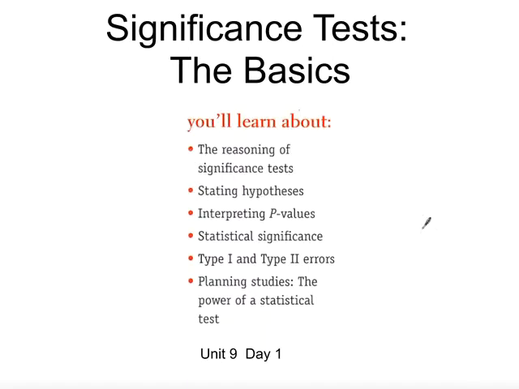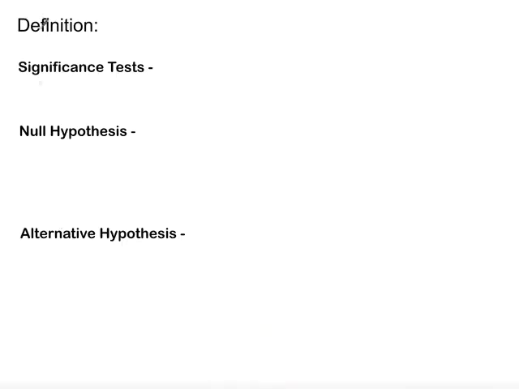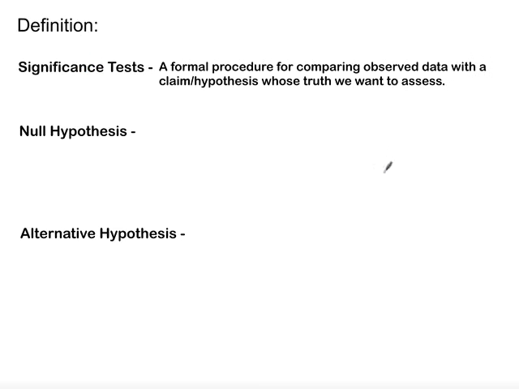This video is for Chapter 9, Testing a Claim, and starts off with Section 9.1 on significance tests, the basics. So we're going to talk about first what is a significance test. That's a formal procedure for comparing observed data with a claim or hypothesis whose truth we want to assess. So basically it will be like having some sort of situation and we want to test if some sort of treatment that we're imposing or some sort of experiment that we are doing is going to have some sort